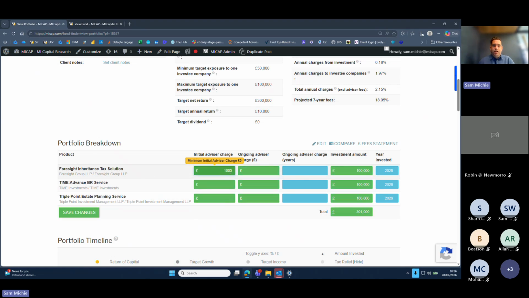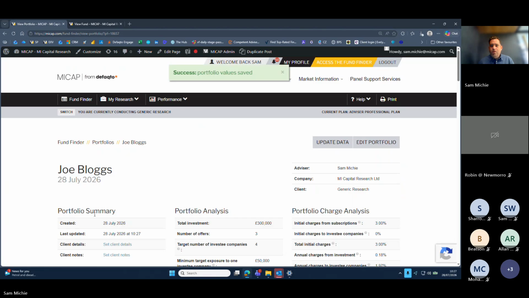So let's say we're going to charge 1% upfront, and then we're going to charge 0.5 on each. Okay, so we just put the amounts in, a percentage or an amount. With business relief, we would say 7 years is the ongoing charge, just because that's the gifting period. So if I put 7 years in each of these and go ahead and save it, what MICAP is then